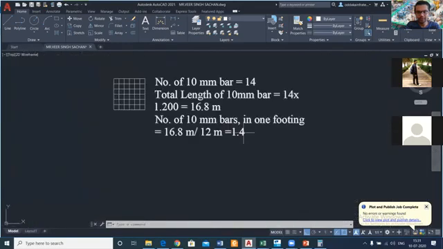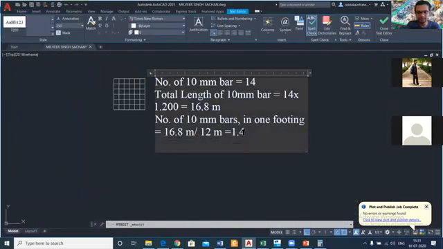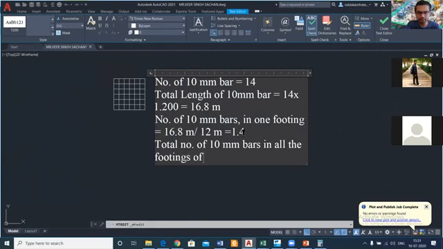So now we can calculate the total number of 10 mm bars in all the footings of mark F2. We have here equals 4 into 1.4, how much is it?